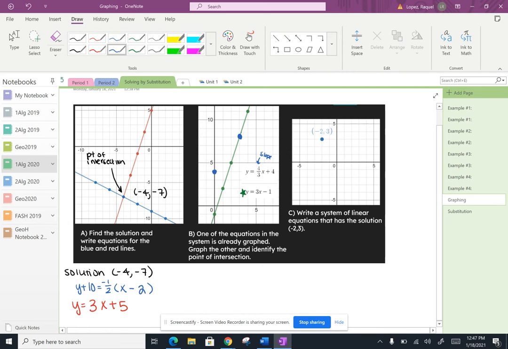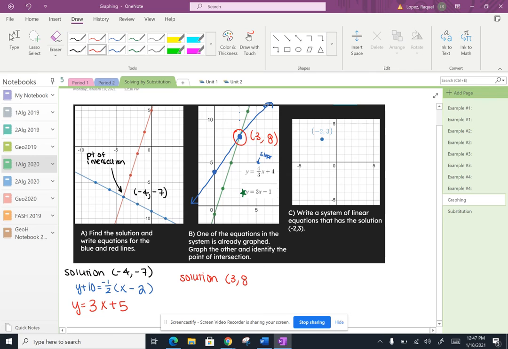And then I can go up 4 again, 1, 2, 3, 4, over 1, 2, 3. And there's another point on the graph. So that's a little messy, but actually let me make that a little neater. There we go. I've now graphed it, and we can find our point of intersection, which is right here. So here's my solution to the system, and let's see. The coordinates are at 3 because it went to the right 3, and it went up 8. So the solution